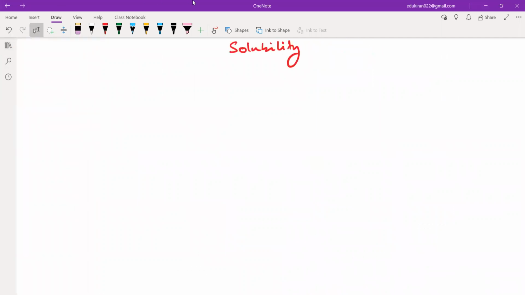Okay, got it, Fatima? Yeah. Okay. And another reason is that in CBSE examinations you will not be asked about normality. It is not in NCERT. 12th standard NCERT doesn't have normality, so you will not be asked about it. And in NEET and JEE, sometimes they use the word normal here and there, so you have to know that too. Okay, so solubility.